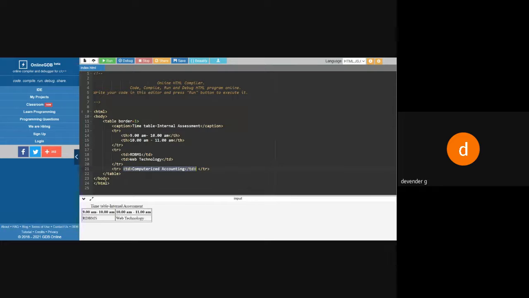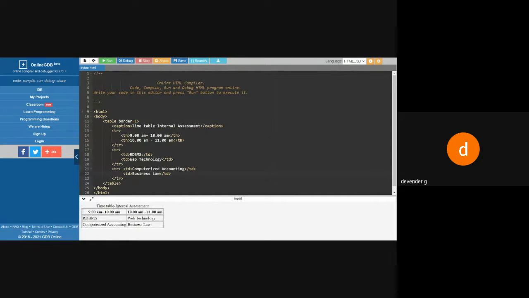So one more we require. So I'll be adding, depending upon the scenario or the situation, that many rows and columns. So I'll say this one, business law. You can check it. I can see I got the table. So this is your heading. And 9 to 10 you have this RDBMS paper, and 10 to 11 this, and this is computerized accounting, business law. So this is the time we got.